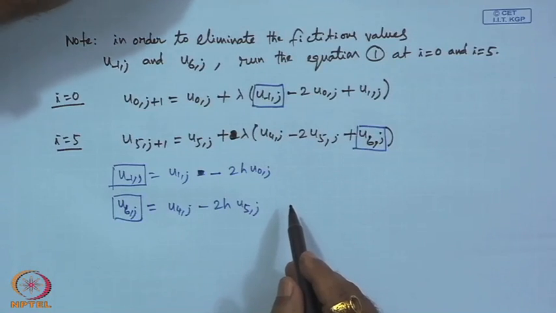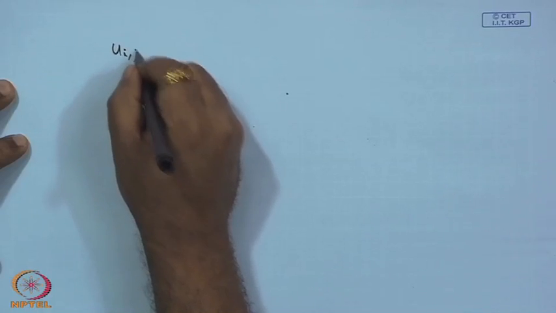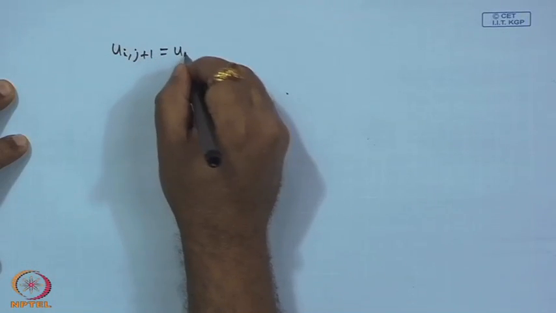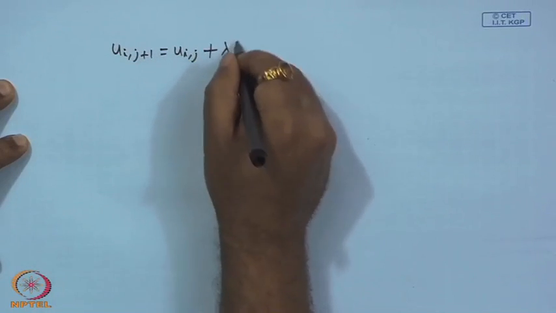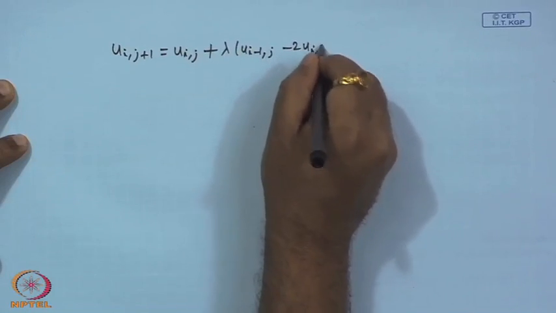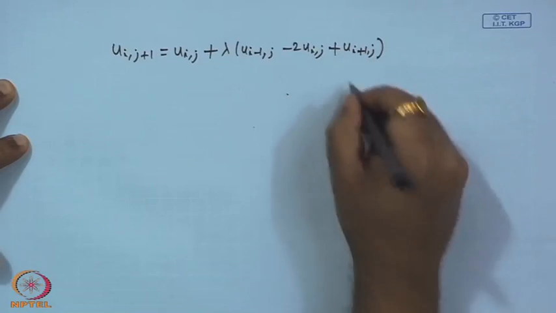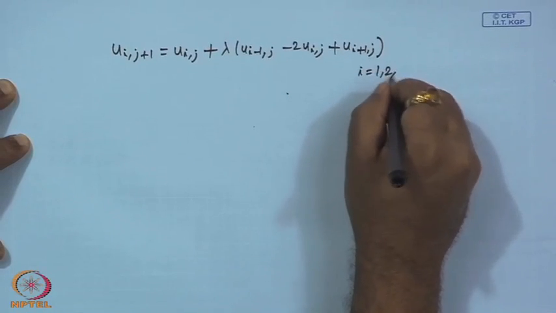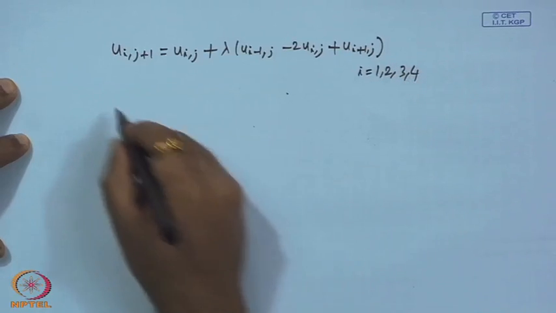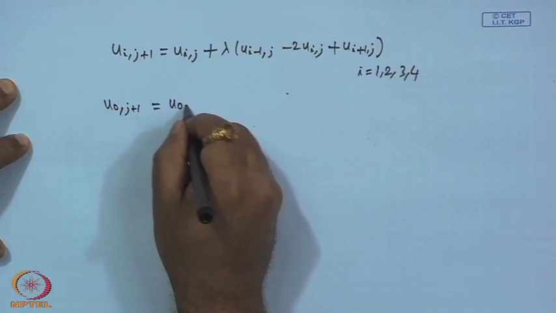So, when we eliminate, by eliminating we get, so this is the original equation which we have discretized and obtained, which is still valid at 1, 2, 3, 4. Then we have eliminated the fictitious values,